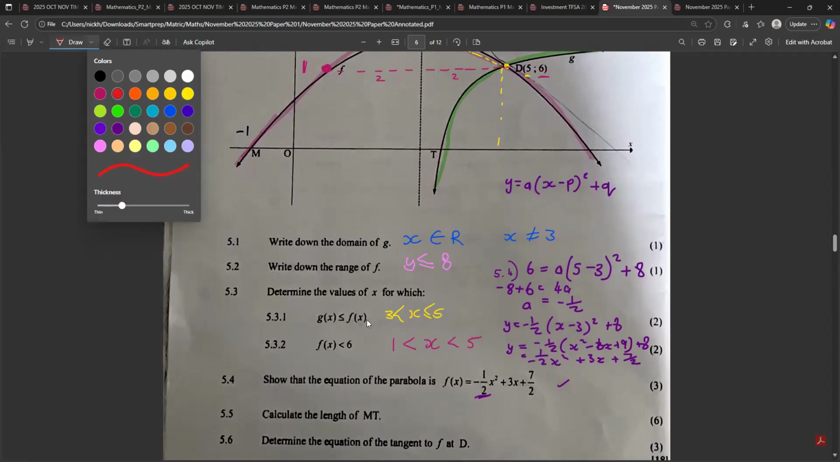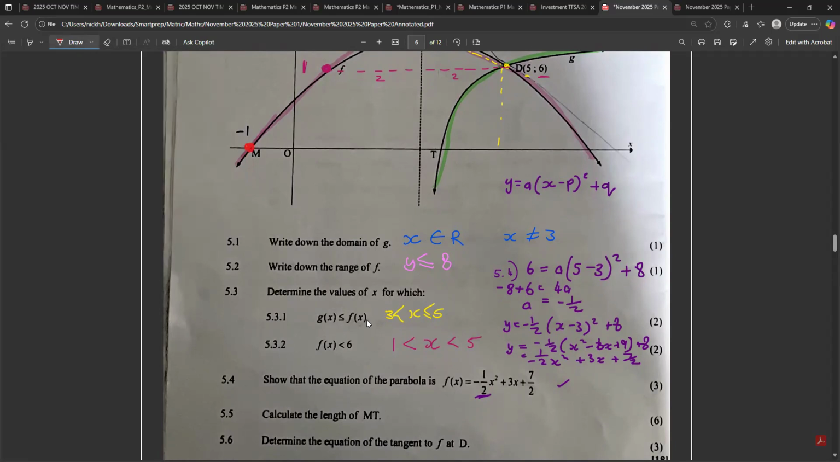Now they want the length of MT. Okay, so when we look at M, we know that that is where the parabola hits the x-axis, and T is where the green one, the hyperbola, hits the x-axis. So if I figure out those two, the distance will be easy to calculate. So let's start with M. Okay, so I want to find the x-intercepts. So I'm going to say negative a half x squared plus 3x plus 7 over 2. Now, the easiest thing to do here, because we're going to make this equal to 0 to get the x-intercepts,